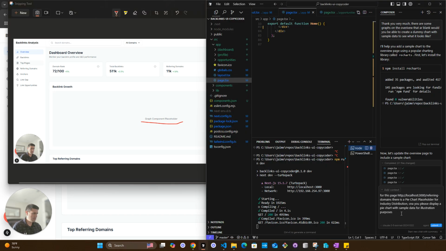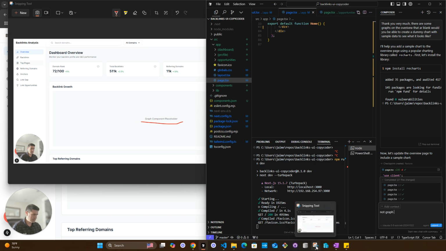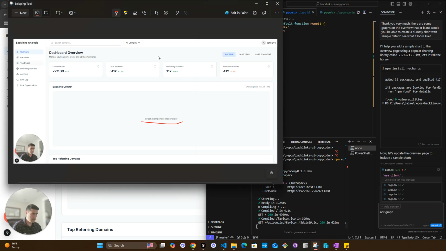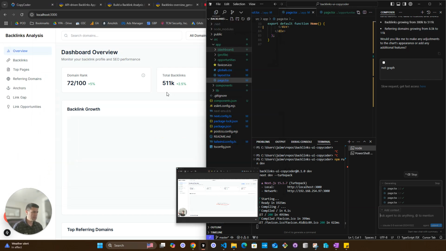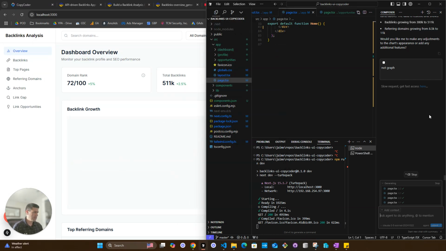So let's say, "No graph." Oops. Let me type this somewhere else. Then I'm going to copy these, just letting it know what I'm seeing so that it can